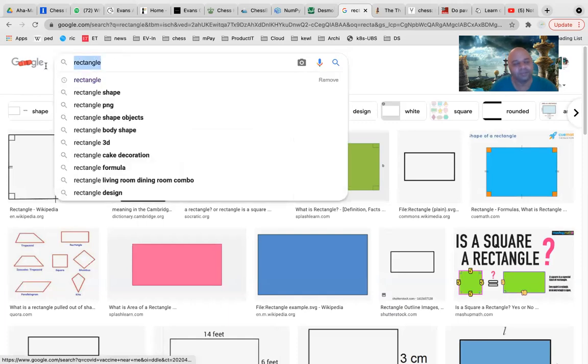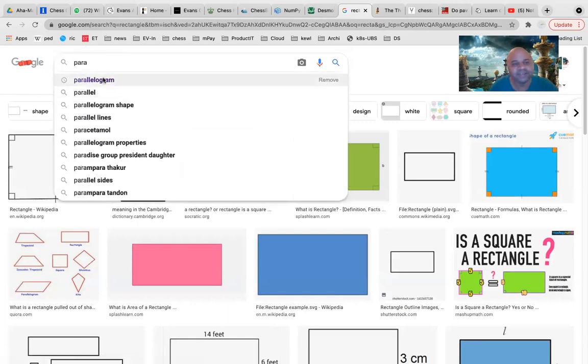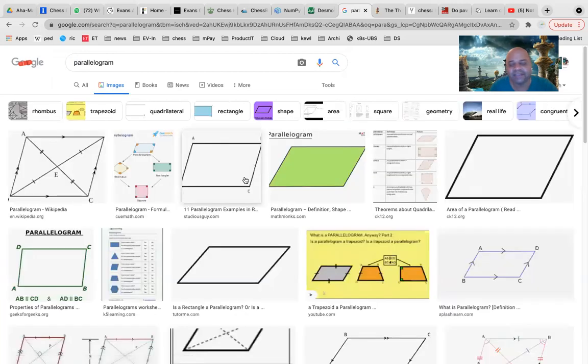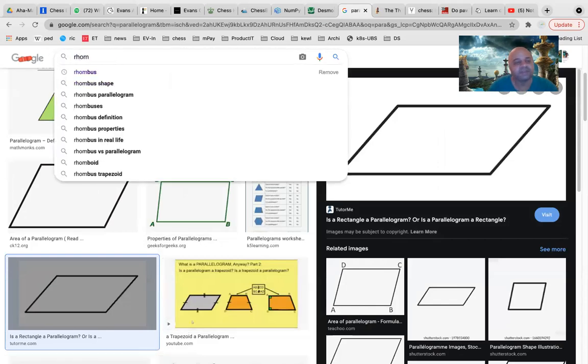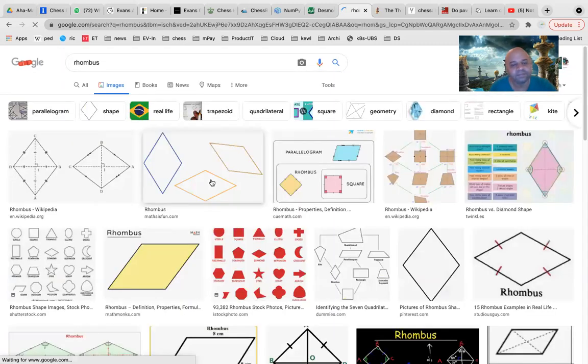Similarly, a parallelogram is when opposite sides are equal, but the angles are not right angles, they are different angles. So that is what a parallelogram is. And when all sides become equal, then you get a rhombus, because every side is equal to each other. And there are no right angles. So that is the thing.